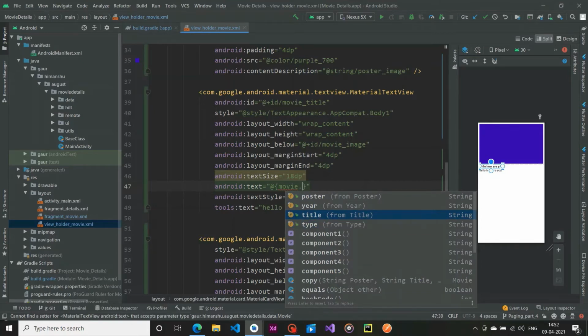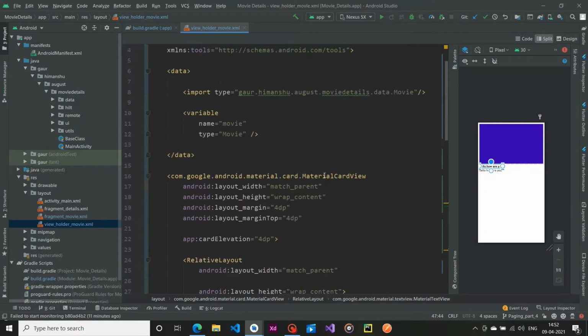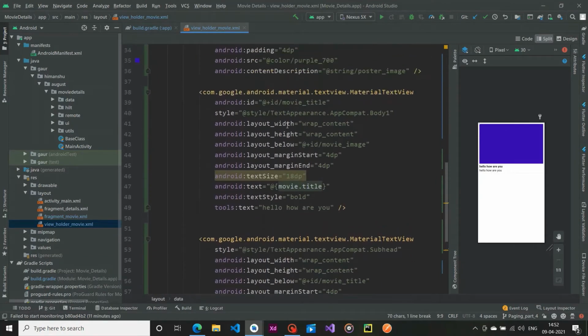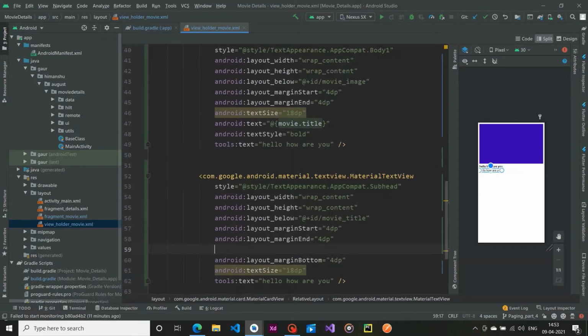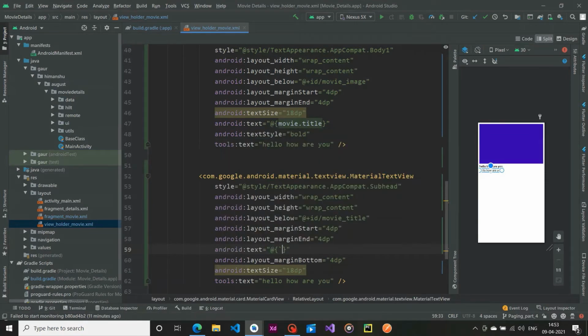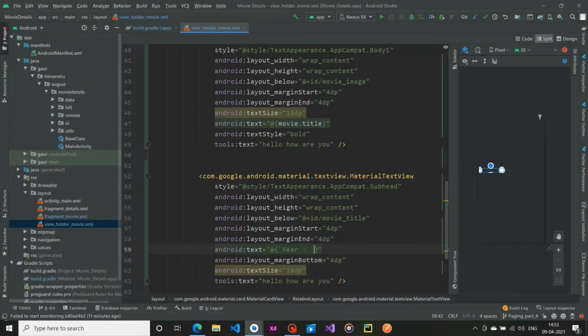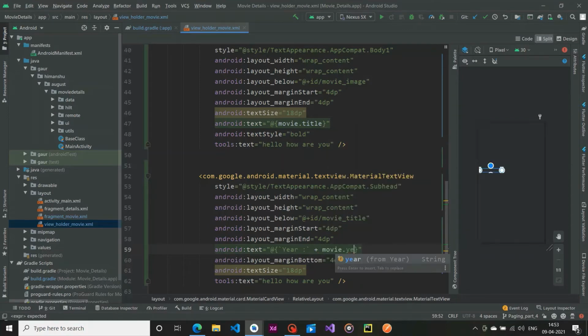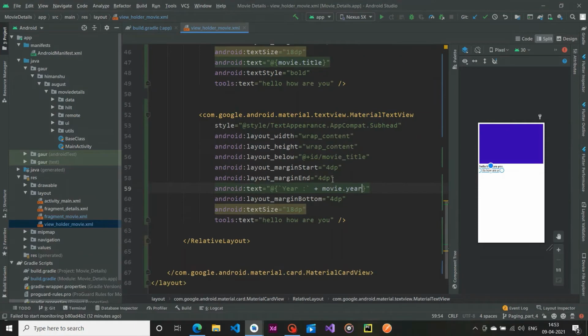So first I want title, so movie.title, and this movie is actually the type of our Movie class which we have imported over here. So now we are accessing movie.title, and the next one: within the text property, we are using plus in order to add some string. So now add our movie year, and now it is fine.